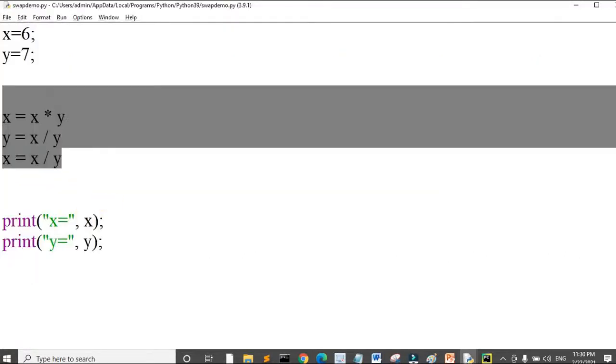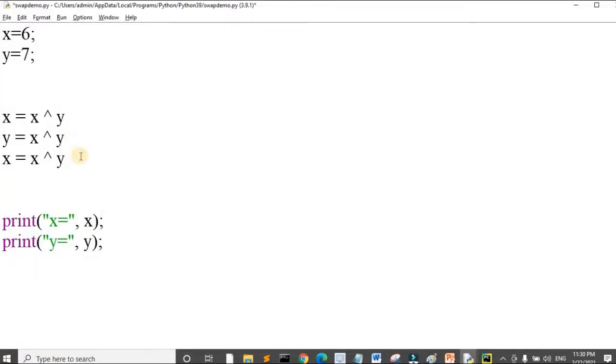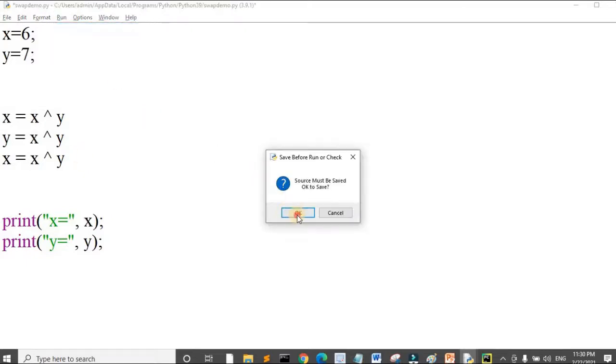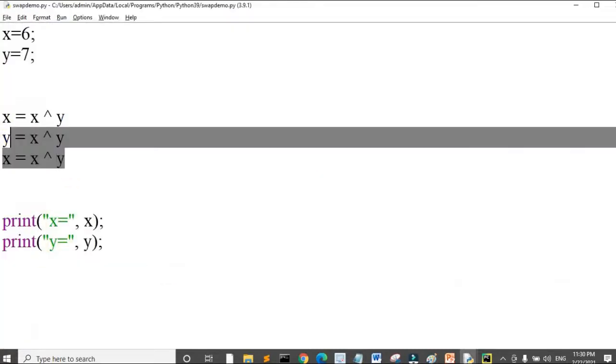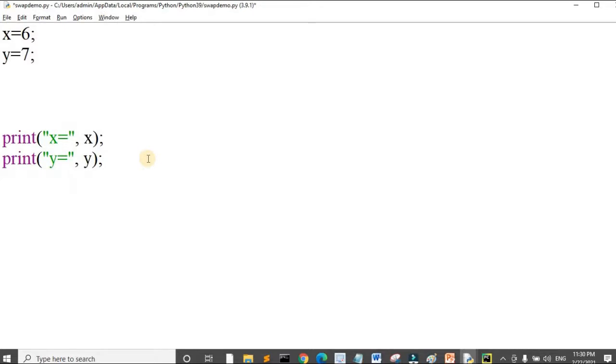Now I am considering the third case, which is XOR swap. Here I am running the code. You see that the x and y value, you observe the values here. x got the value as 7, y got the value as 6. So now the last case, using the simple construct that is used in Python, I am writing the code, that is y comma x.